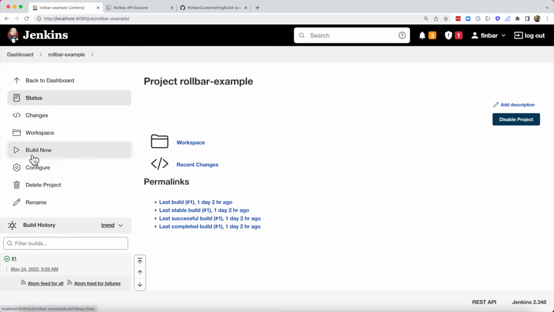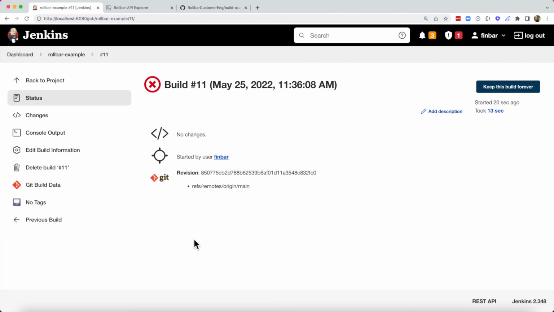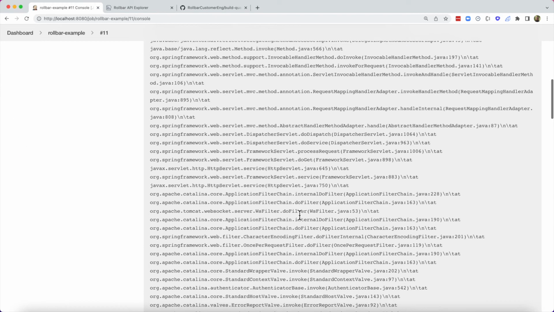So I'm going to execute the build. And here we can see the build is running. Some tests will have executed, and we'll get information about whether or not this build has introduced new errors. Let's go ahead and look at the output. If we go down to the bottom,